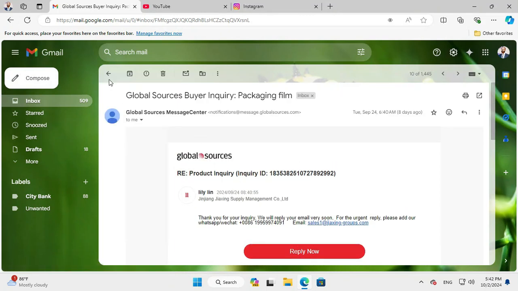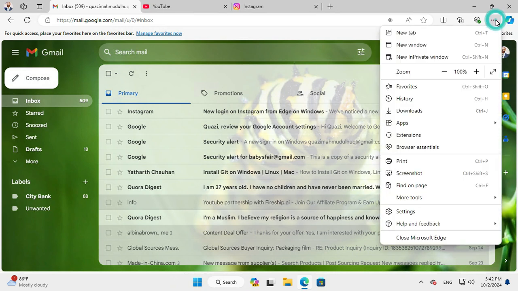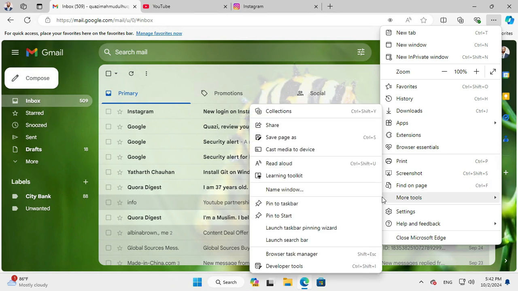and open your Gmail, and then in the upper right corner you will find a three dot icon. Click on the three dot icon for settings and more, and then go to more tools. In more tools you will find an option, pin to taskbar. Click on pin to taskbar,